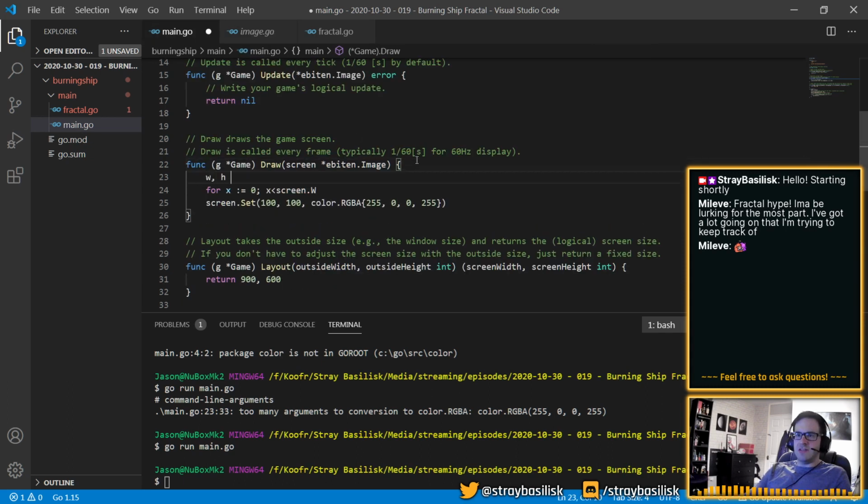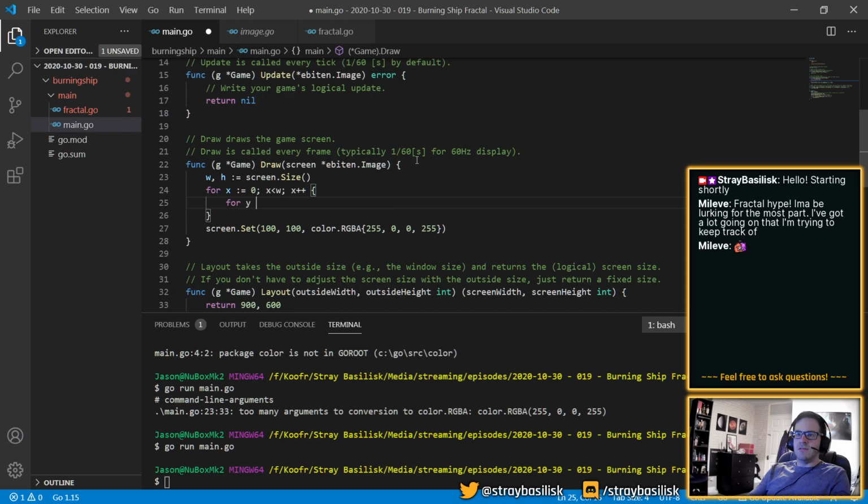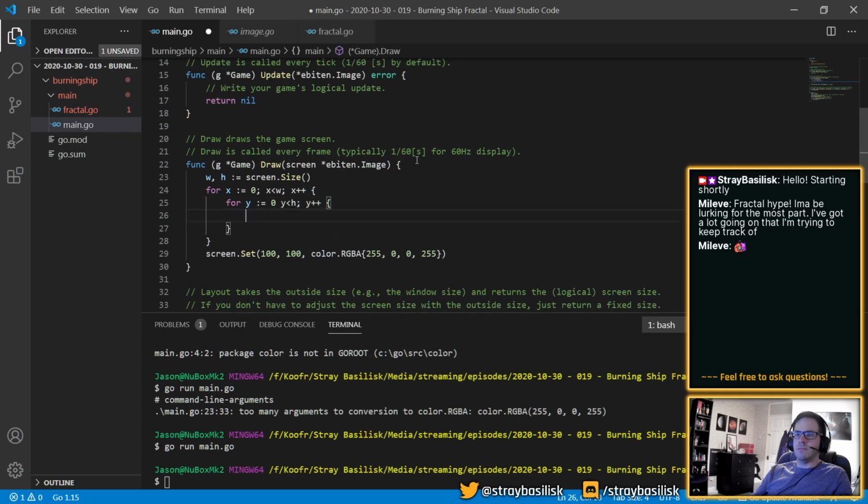So width and height is equal to size, loop while less than width. Let us set x, y to